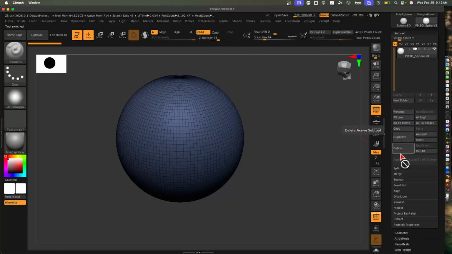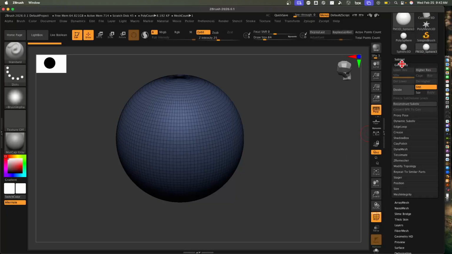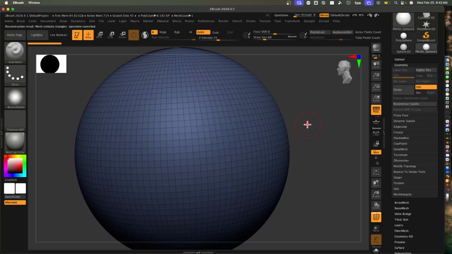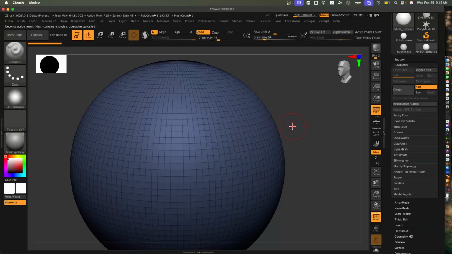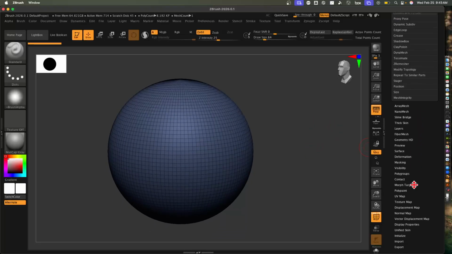And let's see if we can. No, it doesn't like that. We can't reconstruct it. Anyway, so let's say this was the model that you got and you wanted to detail it, and we're gonna mouse sculpt. Not a good idea. What you need to do is actually